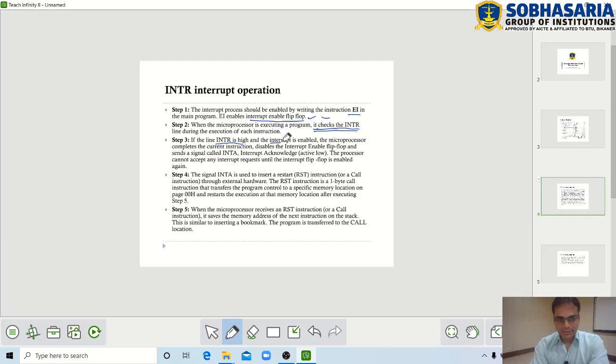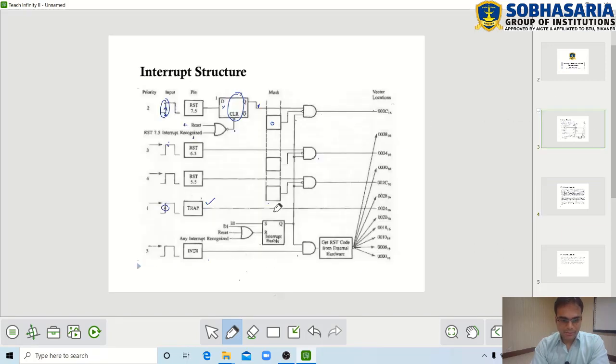And because the interrupt is enabled, the microprocessor completes the current instruction, then disables the interrupt enable flip-flop and sends a signal called INT. So why is this IE flip-flop disabled? We have enabled it, but once the INTR is received, it is disabled. Why is it disabled after receiving it?